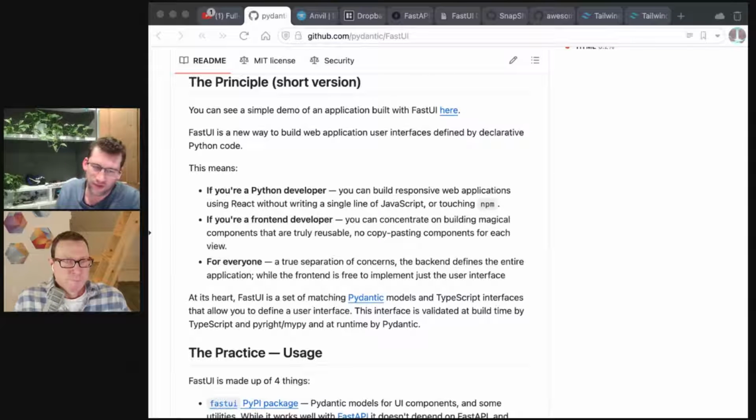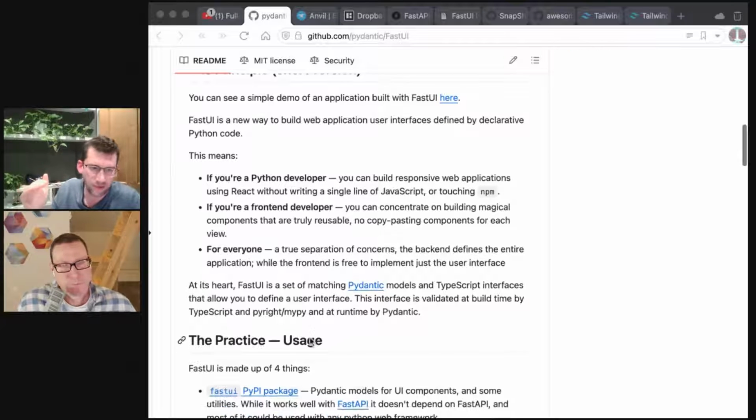Sure, he has some stuff on what the URL structure should be, but really his principle is that the data returned from the backend should be self-describing, as in it should have everything you need to render the user interface. Let's take the HTMX example, a bank account.